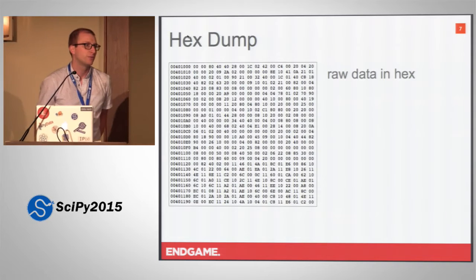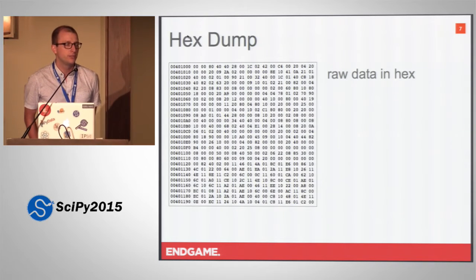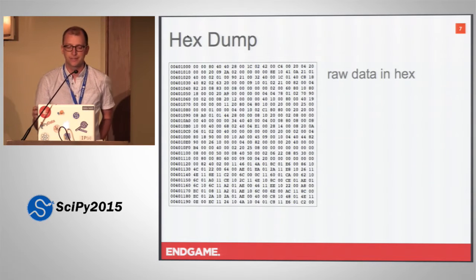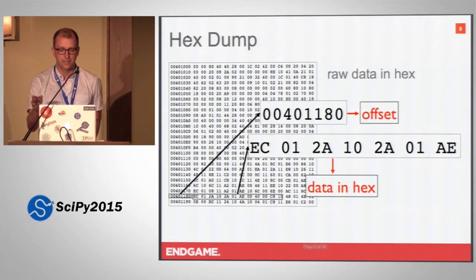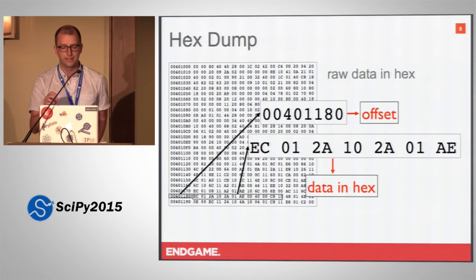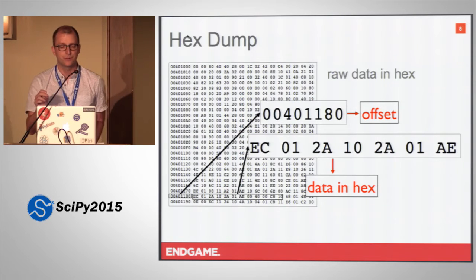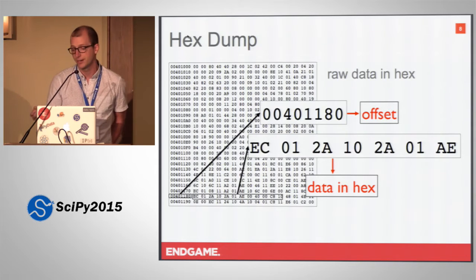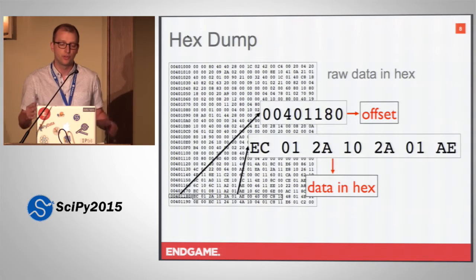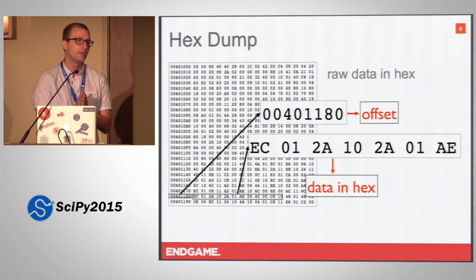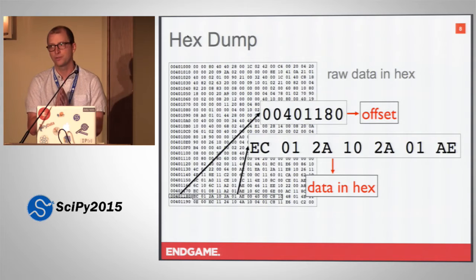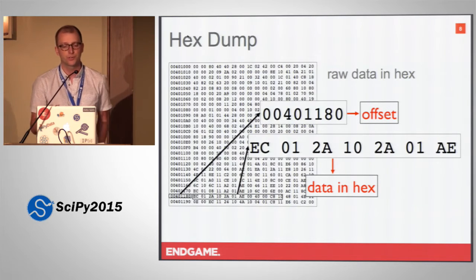So for each sample, we had two files associated with them. The first was a hex dump of the raw binary data, and here you can see in this text file, there's just an offset, and that tells you how far into the binary file you are, and then what binary data was there in hex. And so the whole binary data wasn't included. All of these samples were portable executable files, and all those files have what are called PE headers, and all of those were stripped.